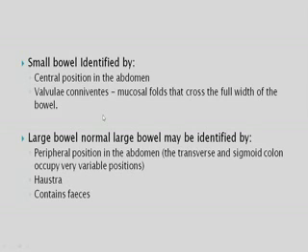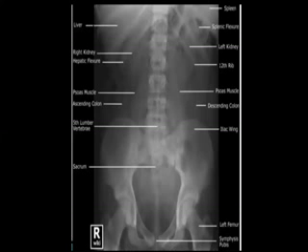Sometimes what happens, the small bowel may be very much dilated. That is in case of obstruction. It may also show fecal-like content, that is called the small bowel feces sign. That is a sign of a small bowel obstruction. So this pattern, how the air is seen where it is expected, must be known.